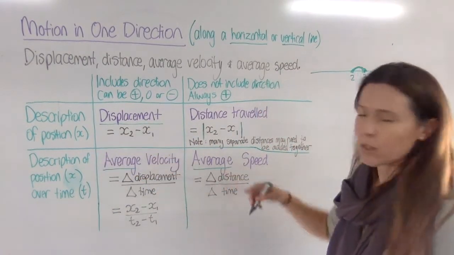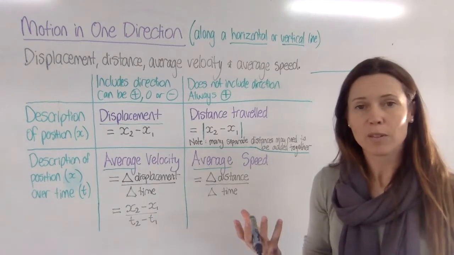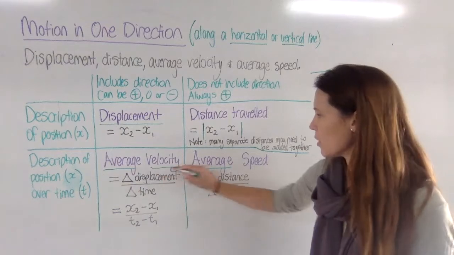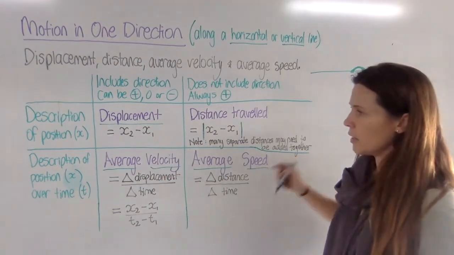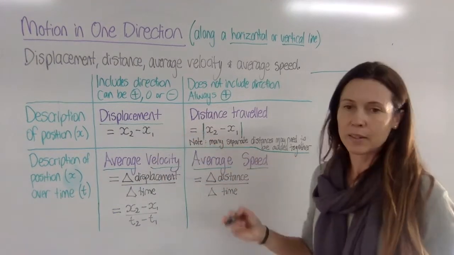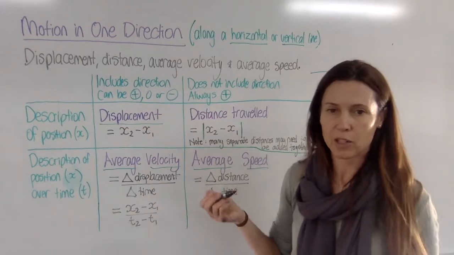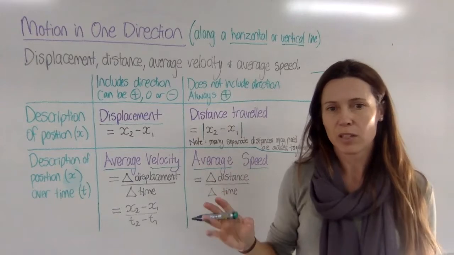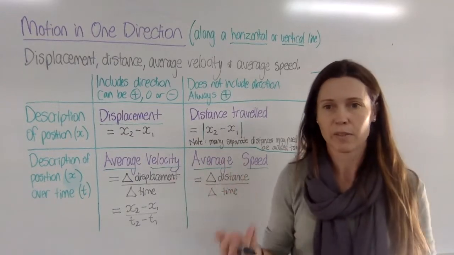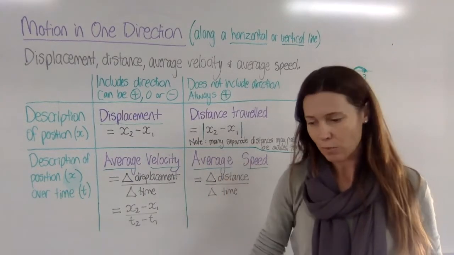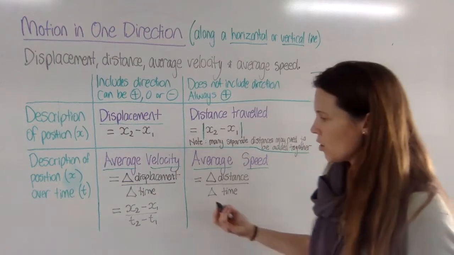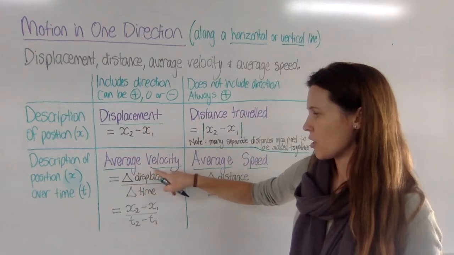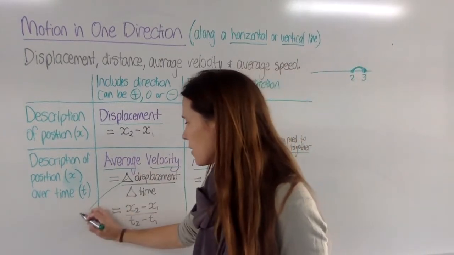Now these 2 are both describing how the thing has travelled, how fast has it gone. So I've got 2 words for being fast. We have velocity and we have speed. Now velocity, like displacement, is the one that takes into account the direction. So if something's going up really fast, then the velocity will be positive. But if it's actually going downwards, then it will be negative. Now, why is this? Well, it's because the formula says, let's just look at the change in displacement. And here, this little arrow,